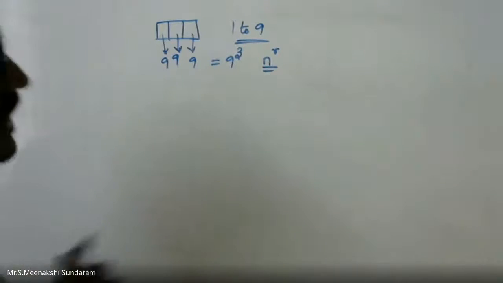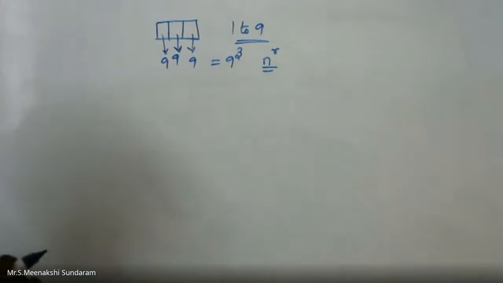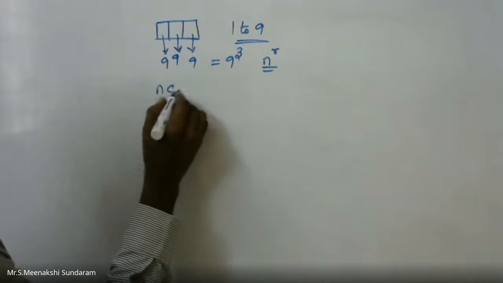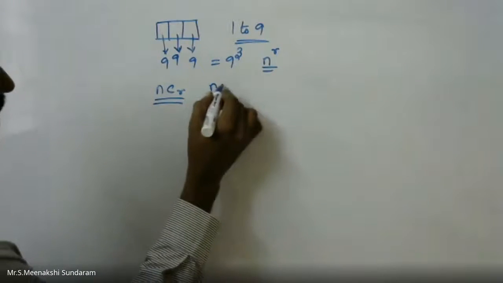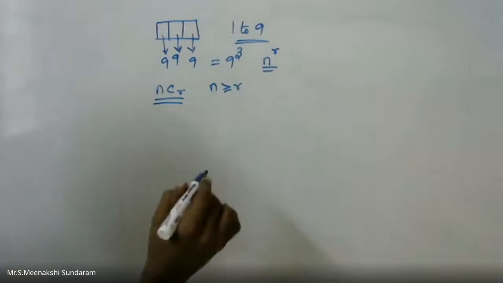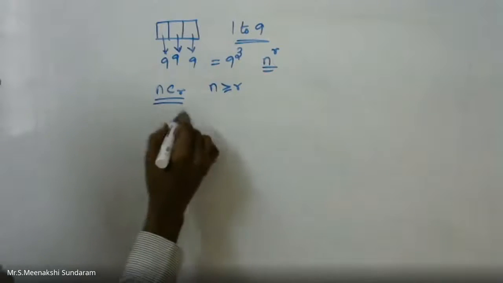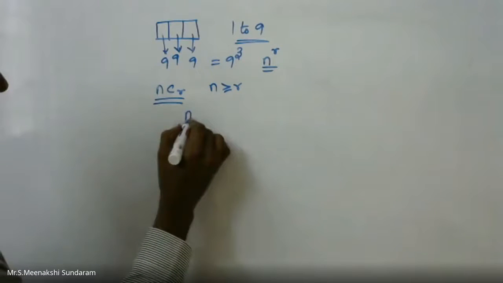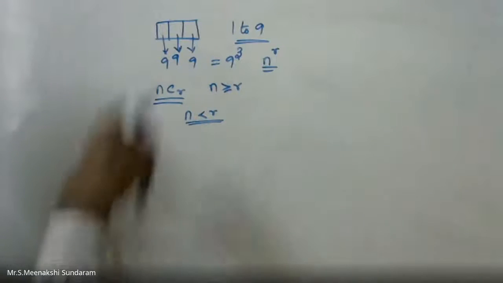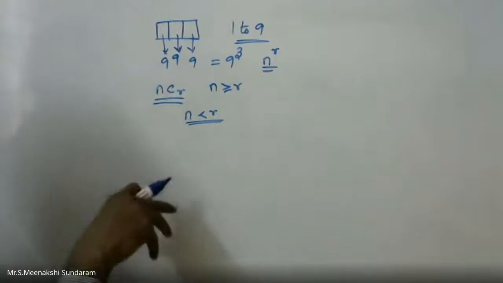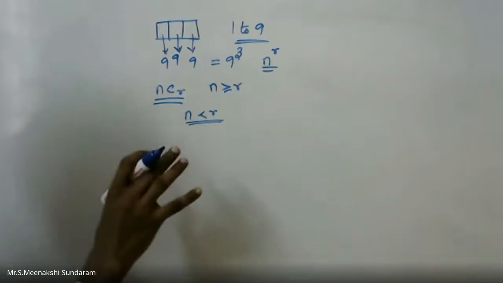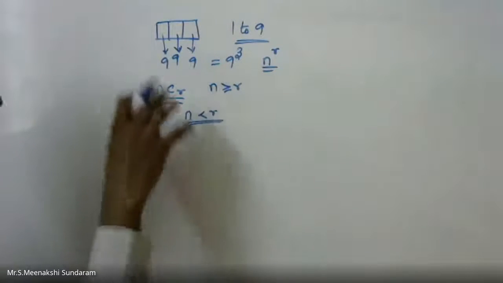Okay, repetition in combination. Combination meaning selection. Normally we can write nCr, where n should be greater than or equal to r. Now with repetition, n can be less than r. That's why you can repeat it. எடுத்த பர்சனே திரும்ப செலக்ட் பண்ணணும். That is, repetition is allowed. That is a permutation. அப்போ how are they repeated?